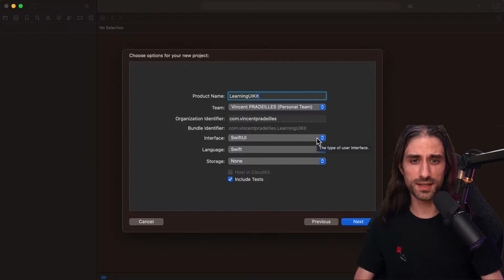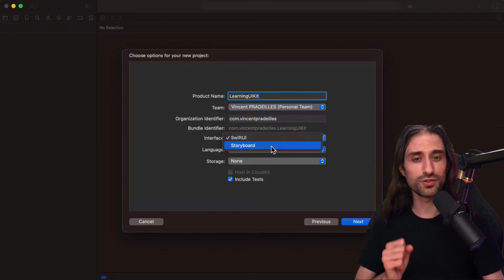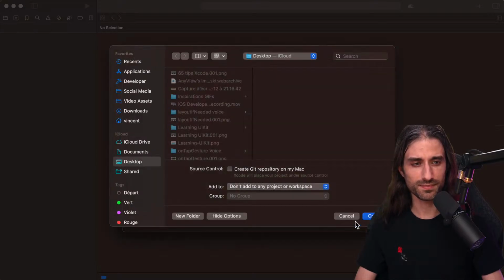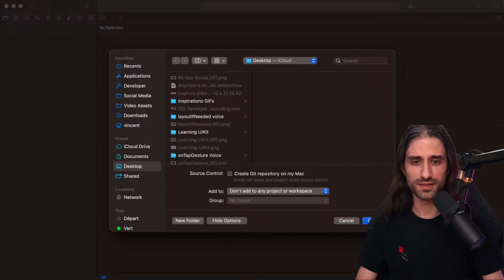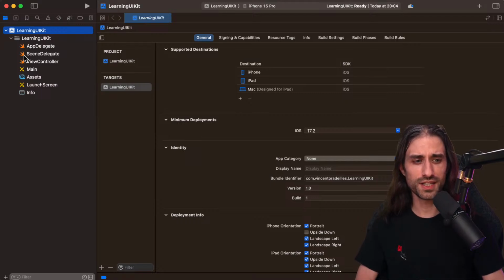And here, to create a UIKit project, what you want to do is, for the interface, you don't want to choose SwiftUI, you want to choose Storyboard. You will see just in a bit why it's called Storyboard and not UIKit directly. For the language, let's keep Swift. We are not going to go all the retro way, and also try to do it in Objective-C. Swift will be perfect. And let's just uncheck test because we are not going to cover this part today. All right, I need to put this somewhere. I'm just putting it on my desktop. Perfect. And so here we have a project that was created using UIKit.